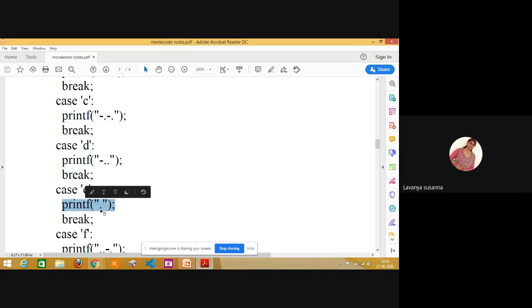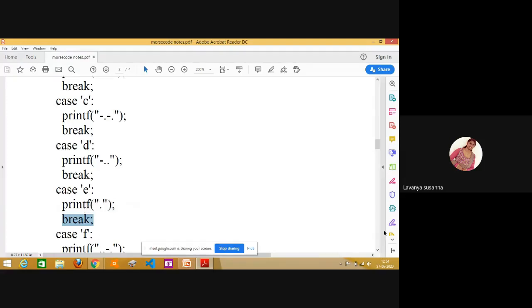The printf in double quotes prints a single dot, because E in Morse code is a single dot, a short beep sound. Now this dot will be printed onto the screen. Break means control comes out of the switch, and all other statements will not be executed.